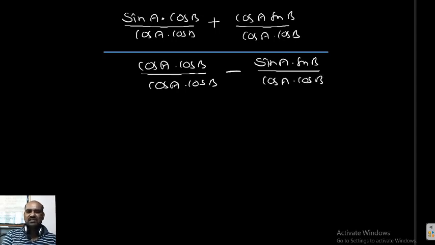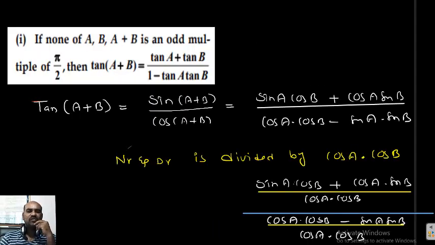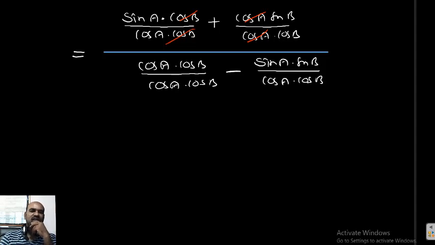Now simplification, students. Here cos b can cancel provided cos b is not equal to 0 already. Cos a can cancel because cos a is not equal to 0. 0 by 0 is an undetermined form. You can't say that 0 is cancelled, 1 is not correct. Division by 0 is not defined. But what I am doing here is cancelling cos b. On what condition can I cancel? Cos b not equal to 0, then only can I cancel. Already the problem clearly mentions a, b are not odd multiples of pi by 2, which means cos a and cos b are never 0. That's why I can cancel. So here this and this and this cancel.